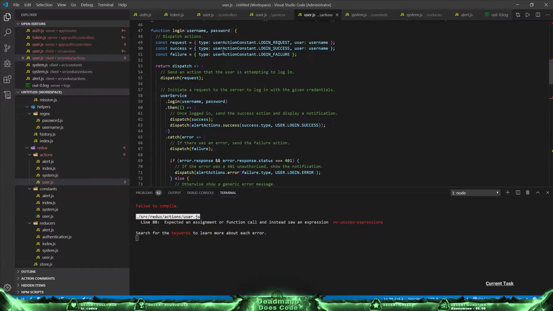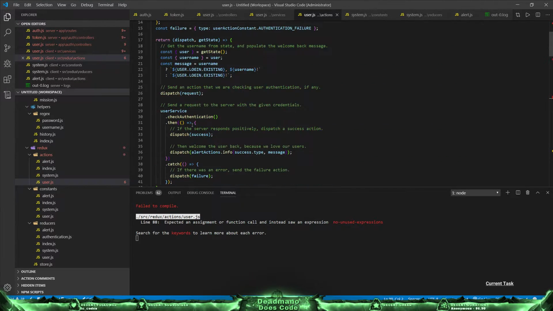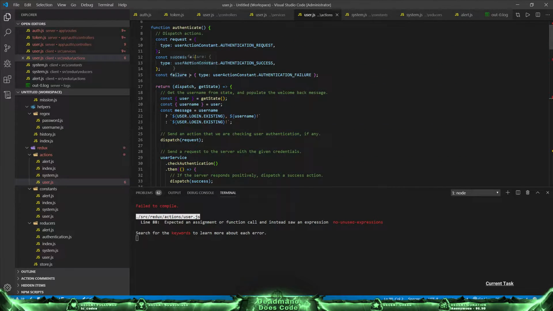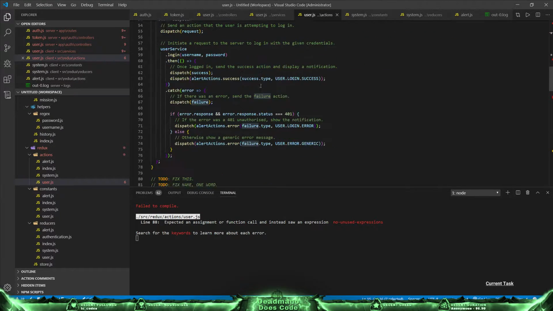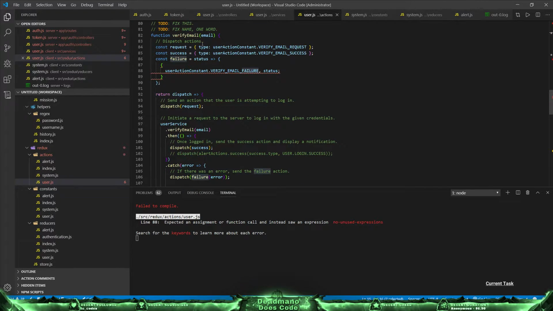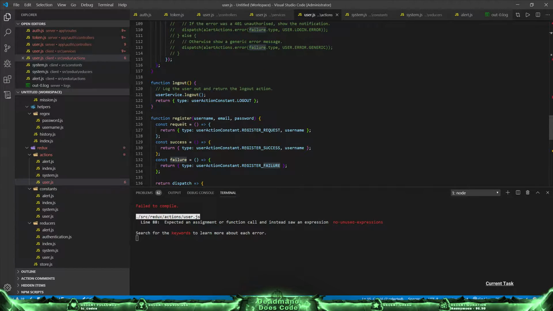How did I do that before? Failure, not a function. Didn't I have it in user action at all, ever? No? Okay, here you go. Return type, and then the username. As long as we have type